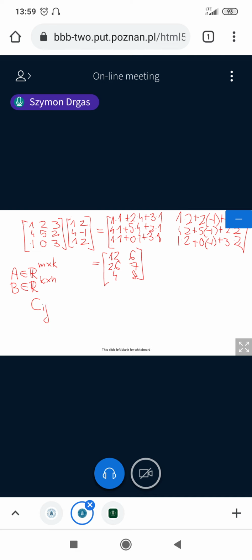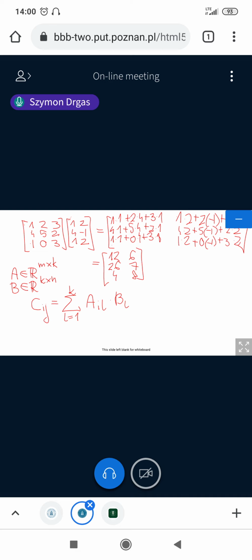And if we want to compute the element in the ith row and jth column of the resulting matrix C, we need to do the computations. So let's say l from 1 to k, and it will be A_il times B in the lth row